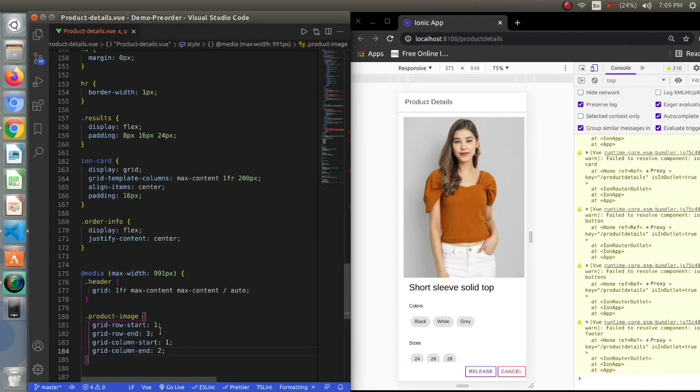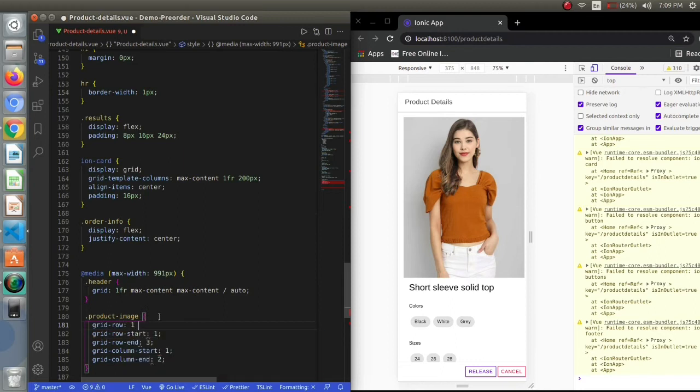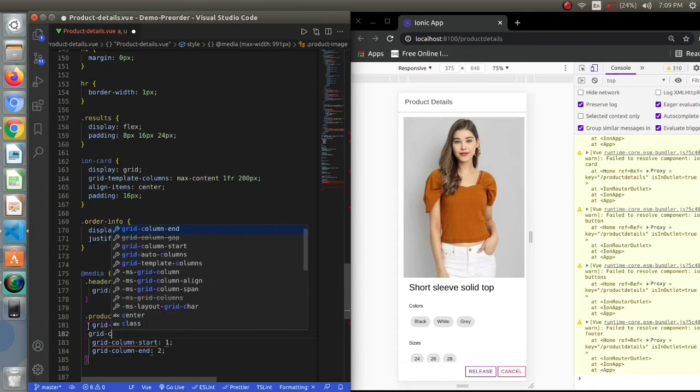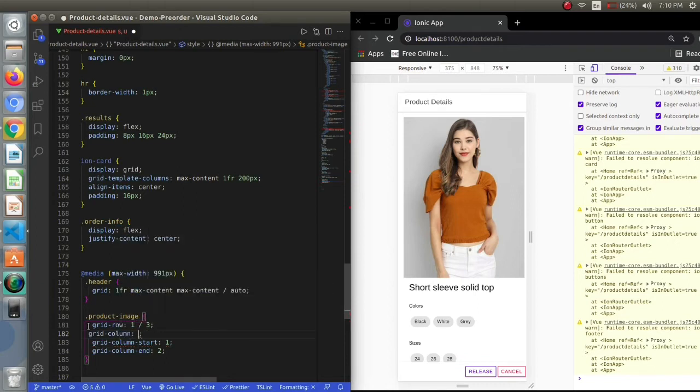So the shorthand technique will be like this. We can use grid row, and we will be writing the start and end as 1 / 3. That is 1 upon 3, and the same will be for the column. So this is the grid of our product image.